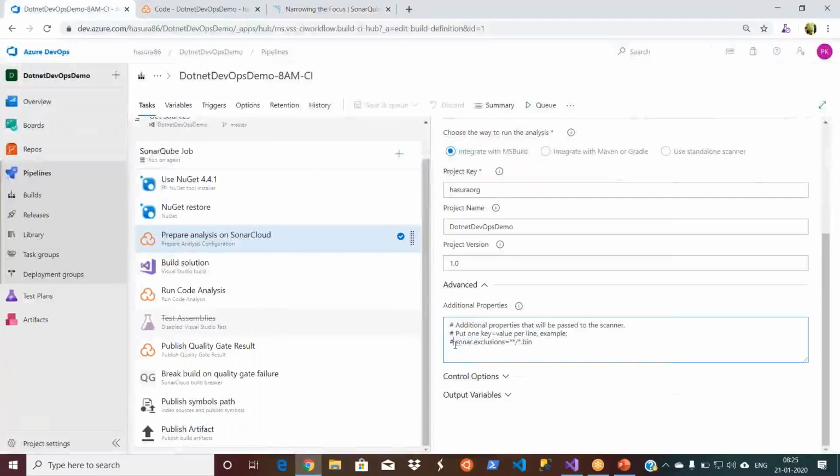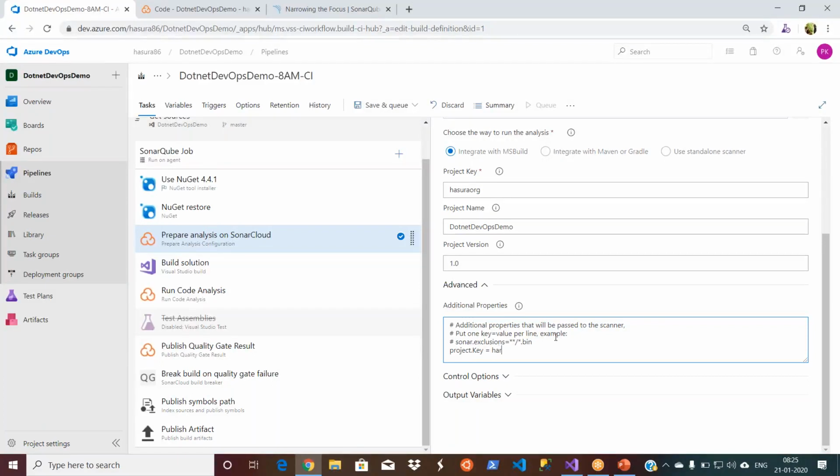I'm just going to uncomment this one, removing the hash. Before that, I need to give the project key and project name as well. We already created them here, and that's how we were able to integrate our pipeline. So it will be sonar.projectKey.